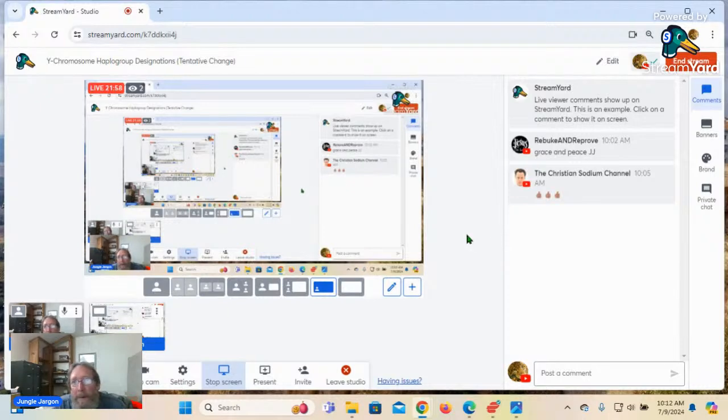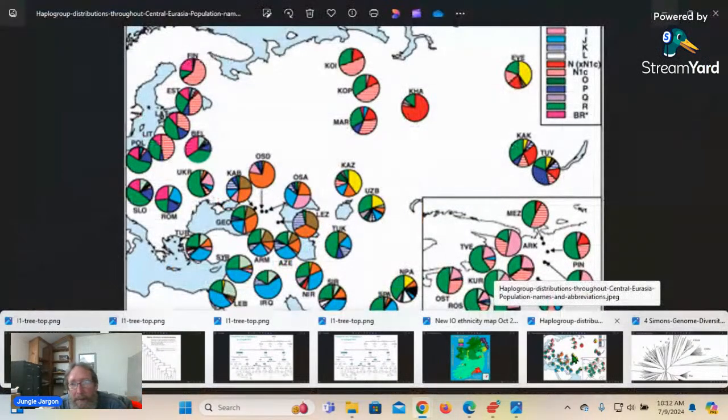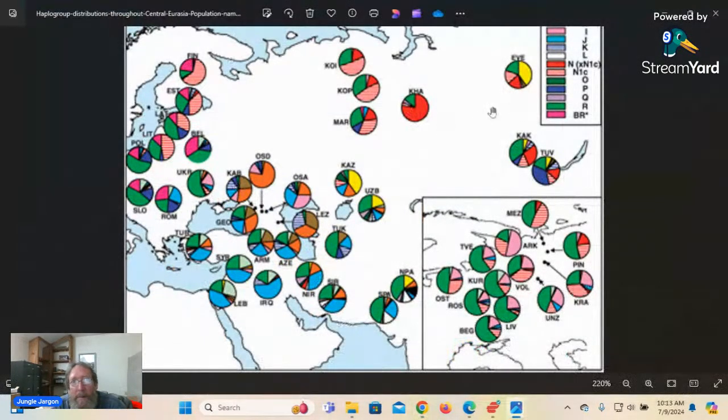So I think that's about it. That's my little revision for the haplogroups, which seems to make more sense. We'll see how that flies, or if it flies. The thing that caught my eye was this map here with all this blue, which is designated under P. That's a lot of blue there for it to be